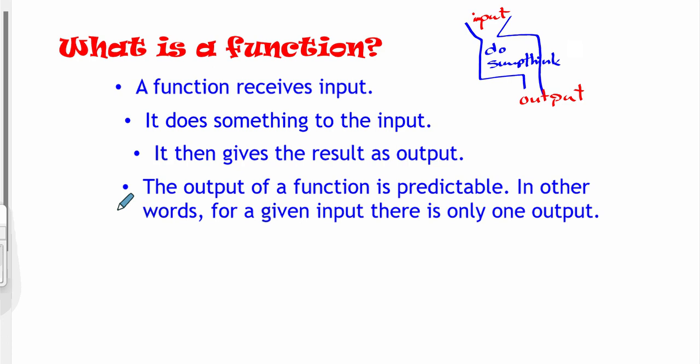To give a couple examples, if you have a bubblegum machine and there's a whole bunch of different colors, you can put in a coin and you know you're going to get bubblegum out, but you don't know what color. So in that sense, we'd say it's not a function because the output isn't predictable. But if you have a juicer machine and you stick oranges in the top, what are you going to get out the bottom? Orange juice. It has to be orange juice, can't be anything else. So we'd say that is a function because there's only one possible output I can get for the input that I put in. Okay, with that,